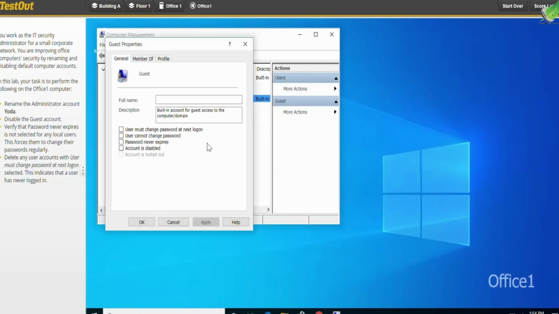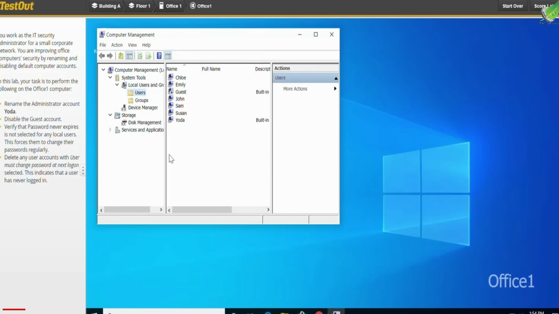And let's go to properties for guest, and we're going to select account is disabled. Click OK